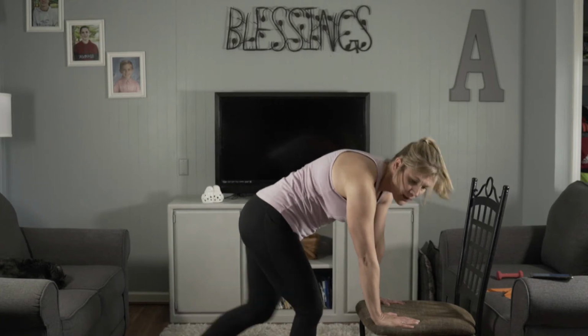Good, okay. All right, guys, let's go ahead and get down to the floor. I'll show you how to do this in just a second. Okay, guys, so getting on the floor might not be a problem for you. But if it is, and this is a reality for many, many people, I want you to be cautious, okay? So one of the ways I would suggest you get down on the floor that might be easiest is